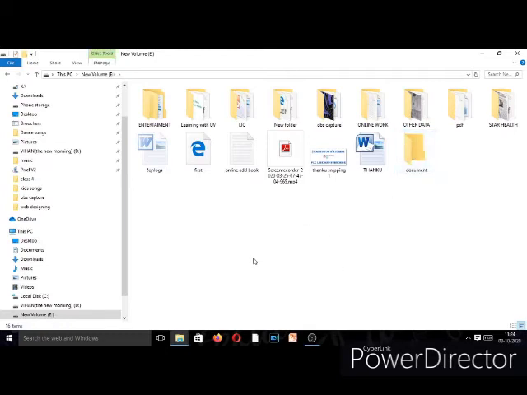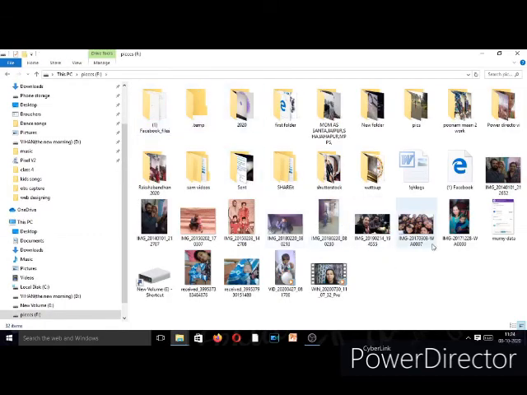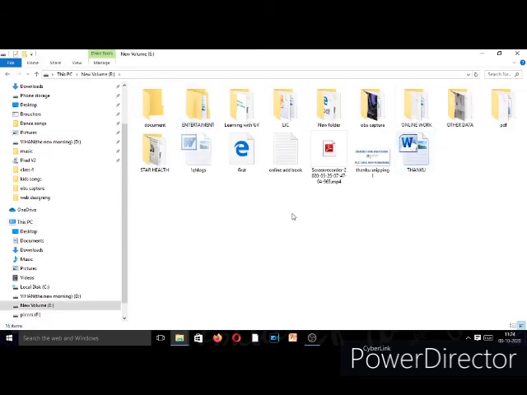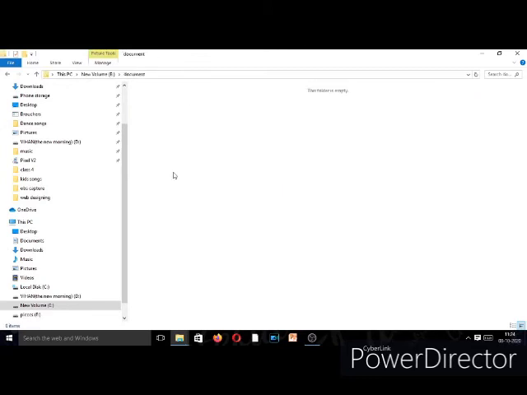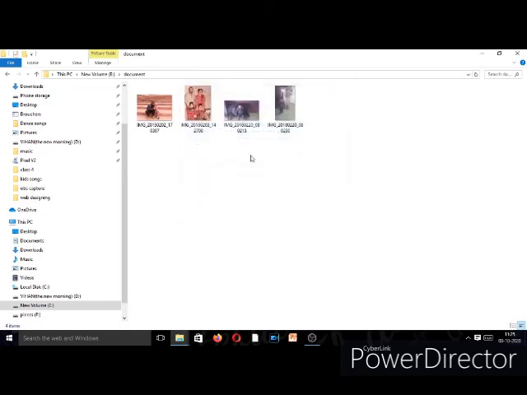So I have some files. Suppose I have taken some files from here and I want to copy them. I have selected this one, 4 pictures. Control C, I have copied this and I want to paste it in my folder Document. Double click your folder and press Control V, or you can right click and paste here. Now these are the files, and this is the folder called Document, and when you double click the Document folder, you get the files here.